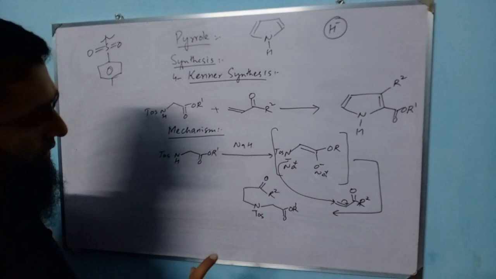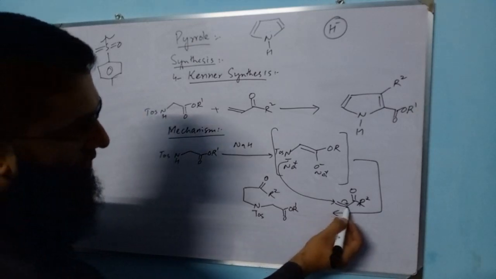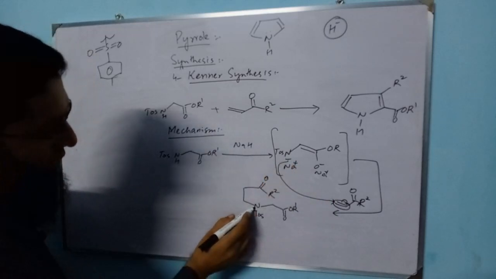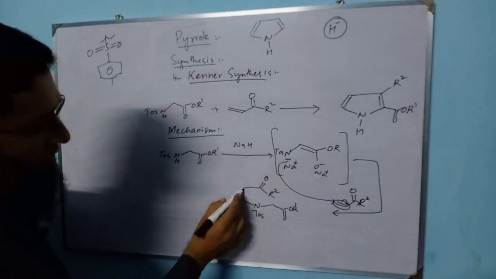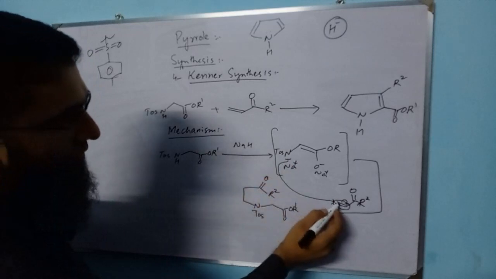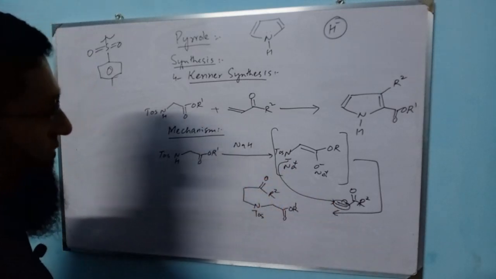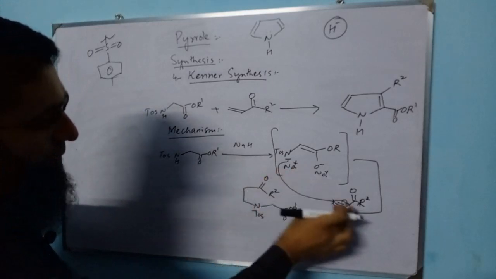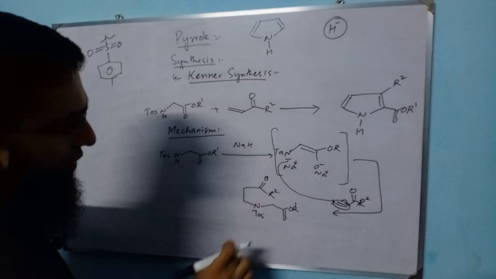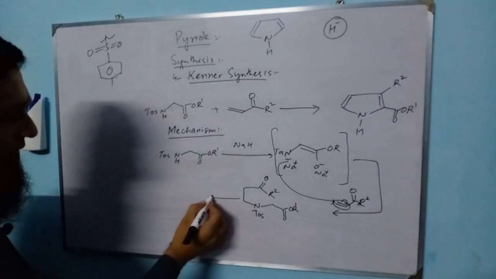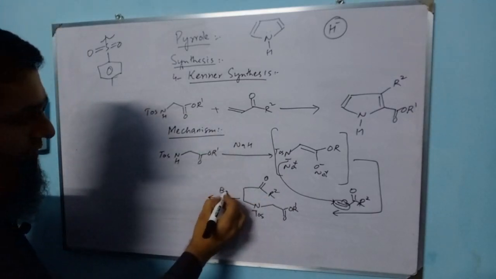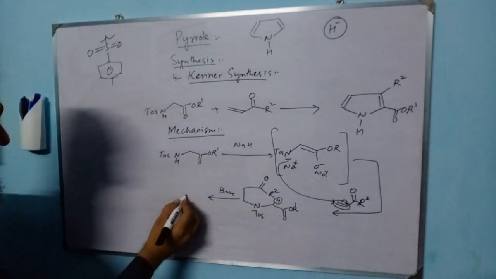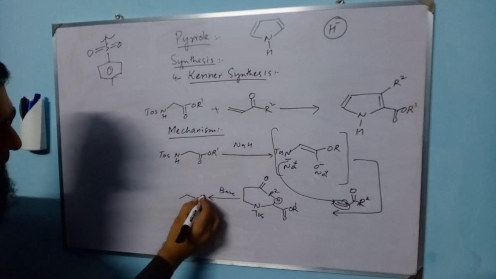So here I explain these are two carbons which get attached to nitrogen. So this is nitrogen, two carbons, because this is addition, so this double bond would disappear, as we know in case of Michael addition. So these are two carbons, then carbonyl group, and then R2. So we will get this, and next base will be used again to deprotonate from here, and we will get